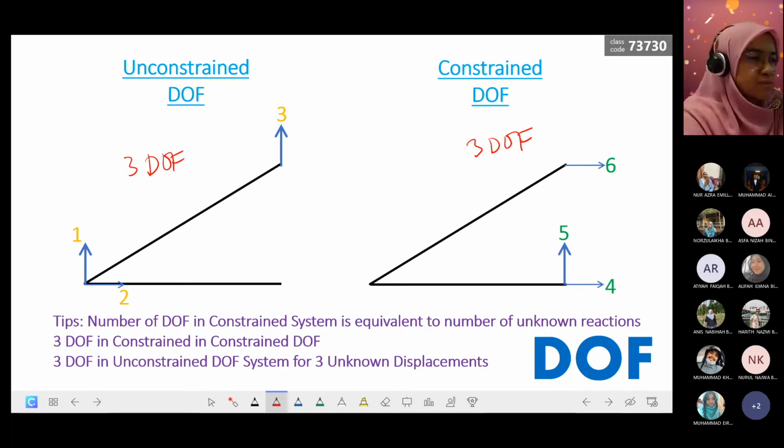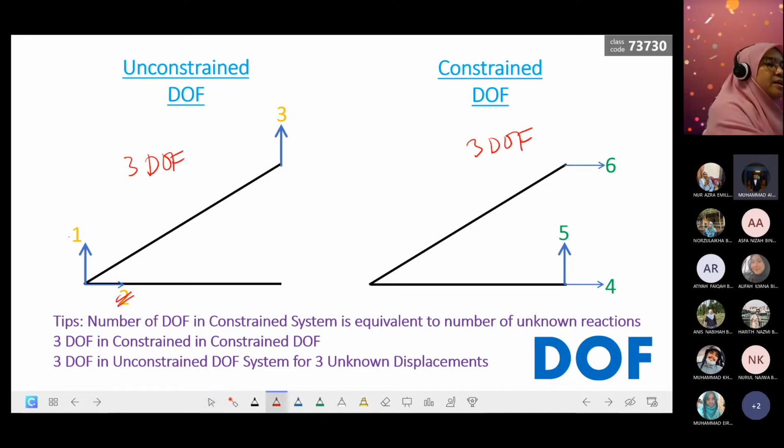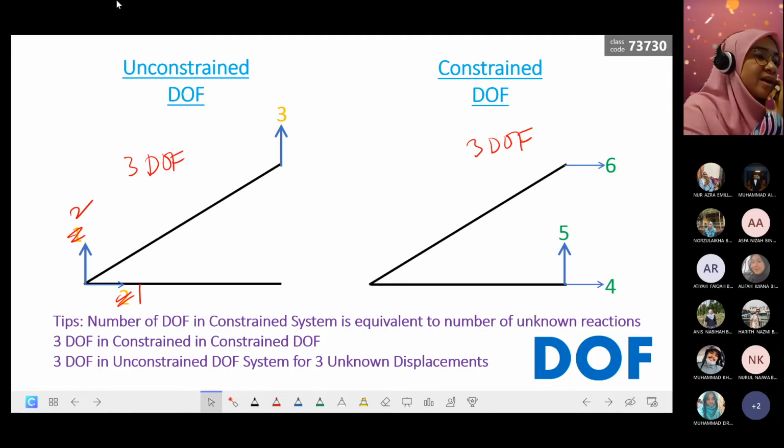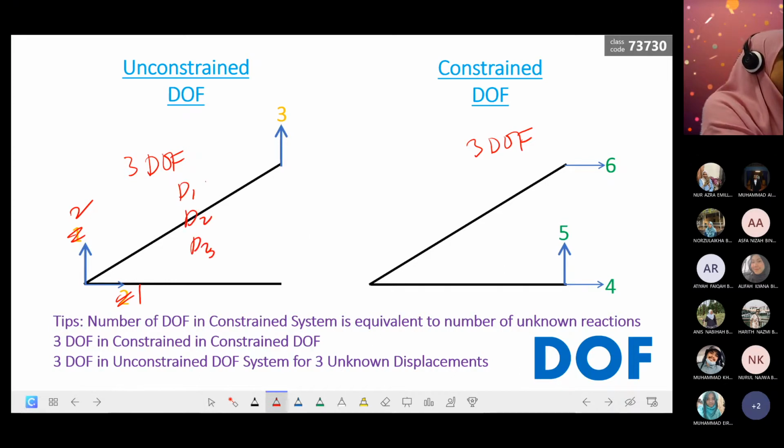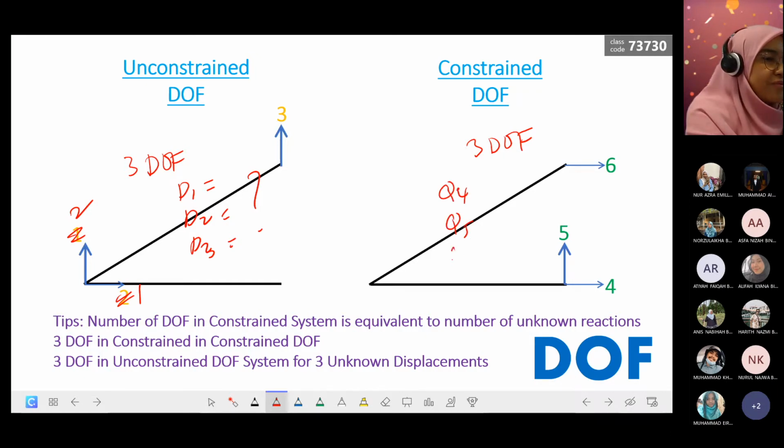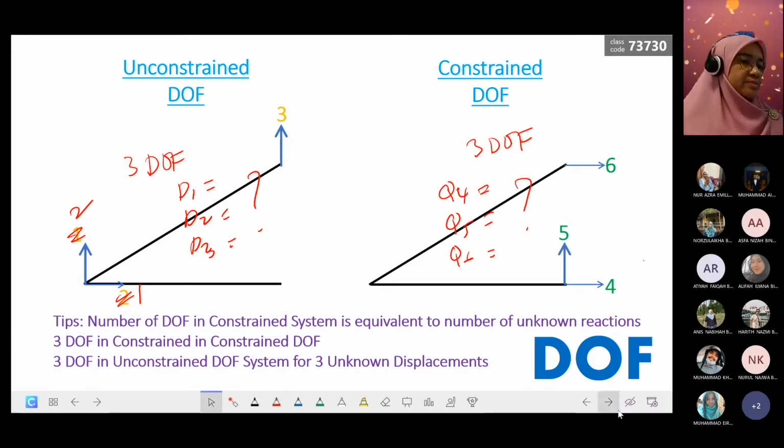Okay, faham tak yang ni? Faham dah. Okay, so again, yang ni 1, 2, 1, 2. Okay. The 3 degree of freedom in unconstrained means D1, D2, D3, tiga-tiga ni unknown. Okay, 3 degree of freedom in constraint system means Q4, Q5, Q6, tiga-tiga ni unknown. Yang tu je yang kena faham. Okay, so